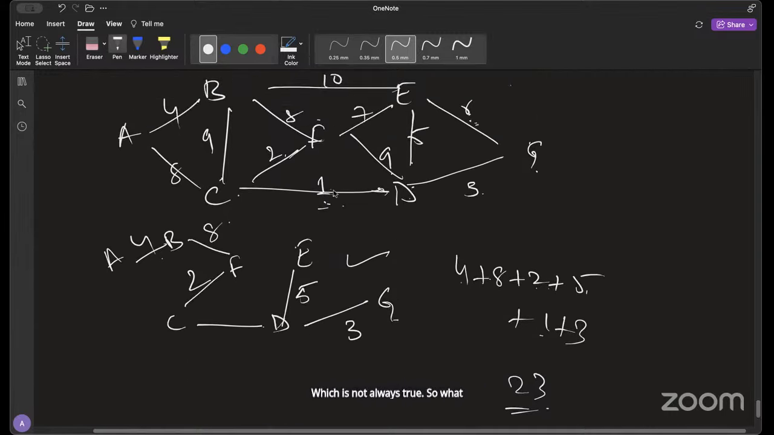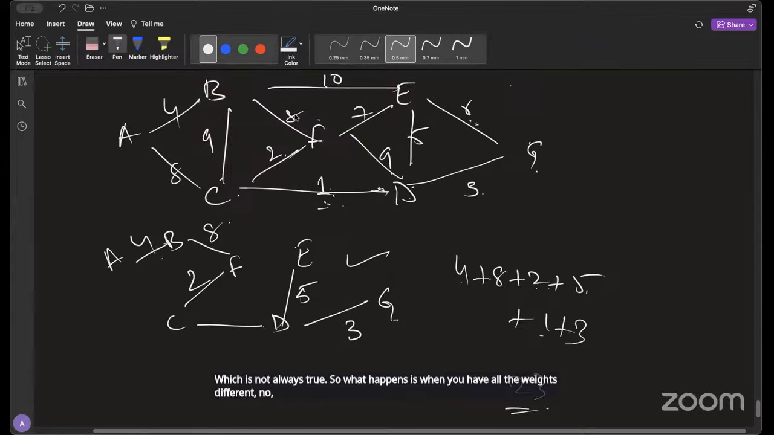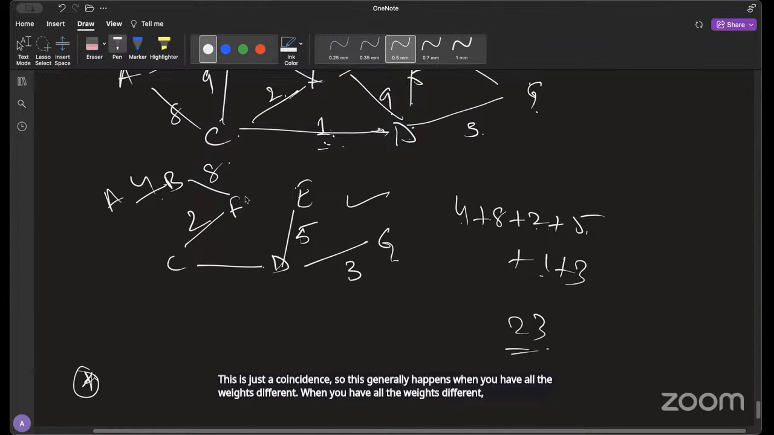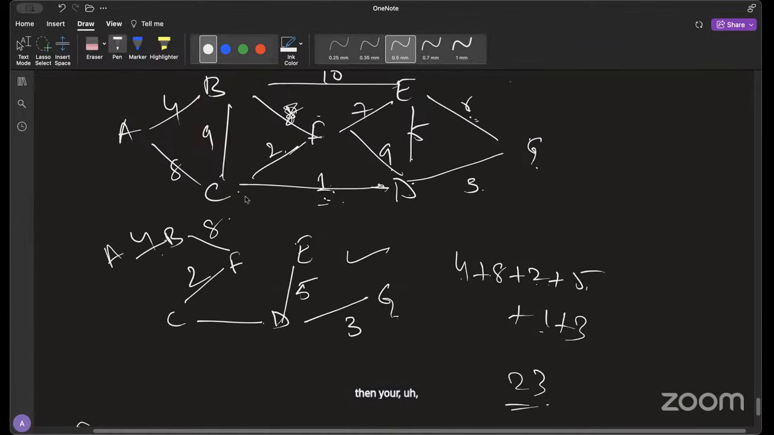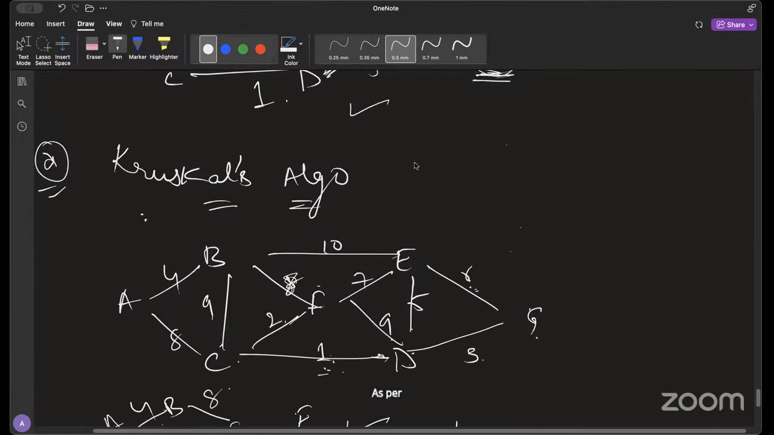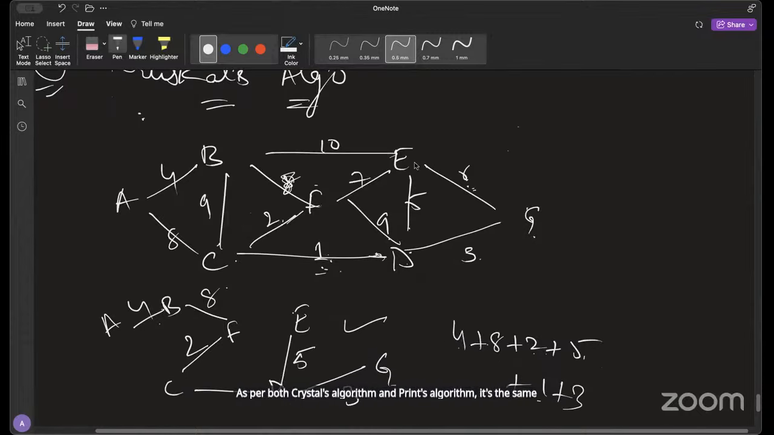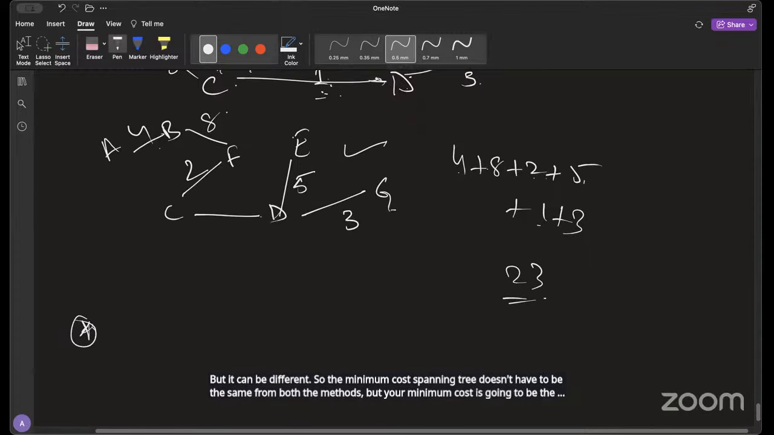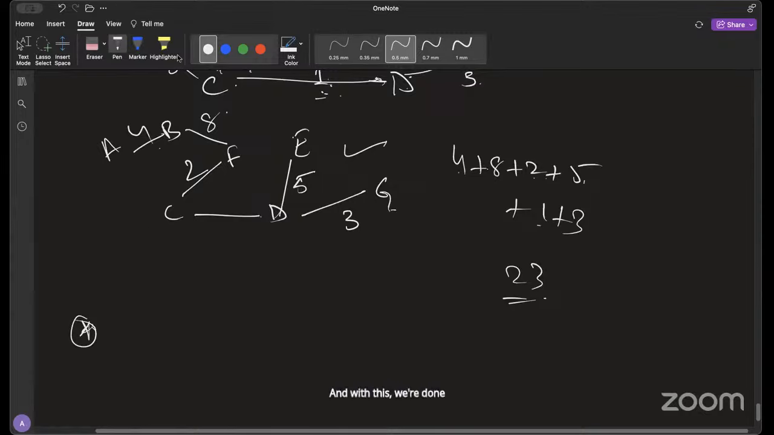What happens is, when you have all the weights different, this is just a coincidence. This generally happens when you have all the weights different. When you have all the weights different, then your minimum cost spanning tree, as per both Kruskal's algorithm and Prim's algorithm, is the same. But it can be different. The minimum cost spanning tree doesn't have to be the same from both the methods, but your minimum cost is going to be the same from both methods. And with this, we're done with Kruskal and Prim's algorithm, and then we'll start with